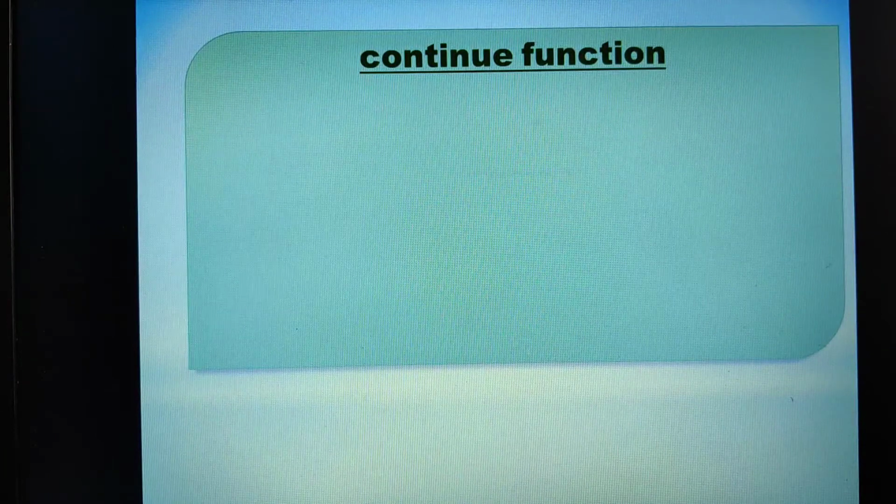Continue is again one of the interesting jump statements. Now what is this continue? Why do we need to use it? See, in some situations we want the control back to the beginning of the loop. Suppose for example I have set the loop from i equal to 2, and i should be less than or equal to 10, and i plus plus.